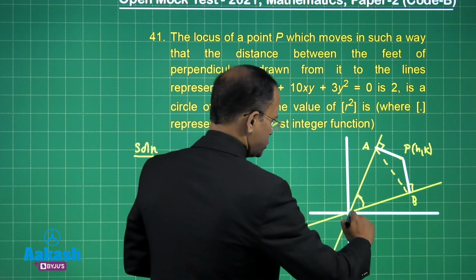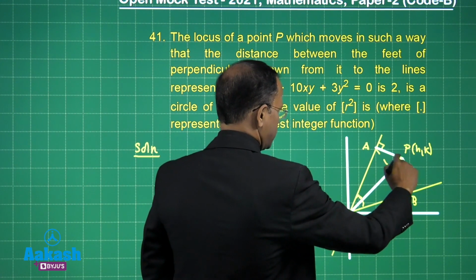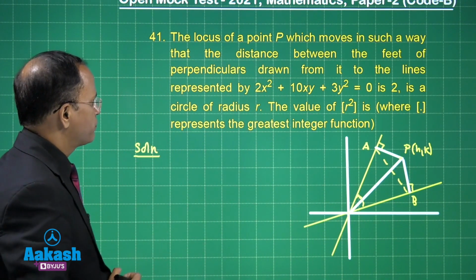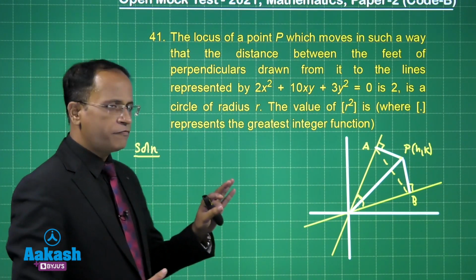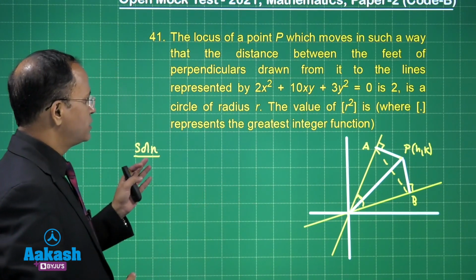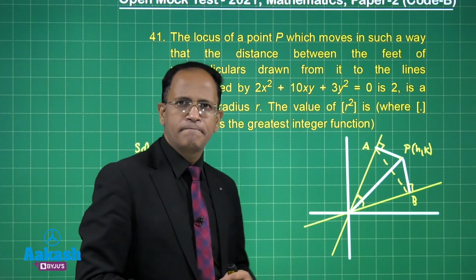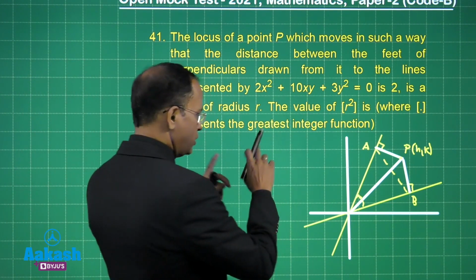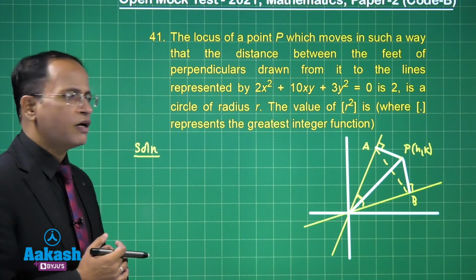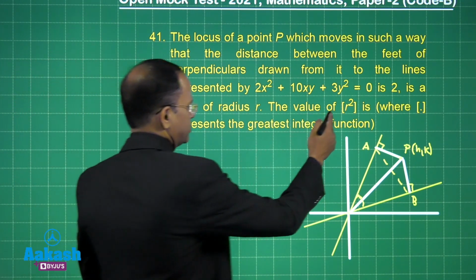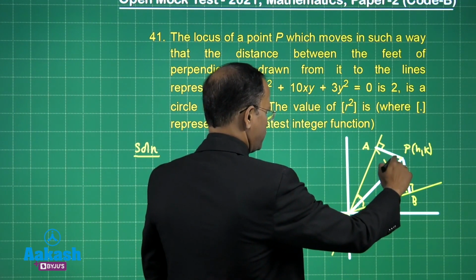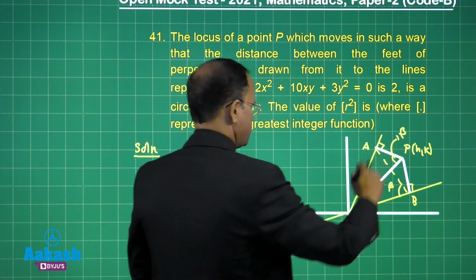Now we have to join this part also. This is the thing. Okay. Now you see, the locus of P needs to be found out, and it has been given that it is a circle of radius r. So, if it is a circle of radius r, then we have to find the value of the greatest integer function of r square. If we have angle beta here, because we need an angle, here also this will be beta, right, the geometry involved.